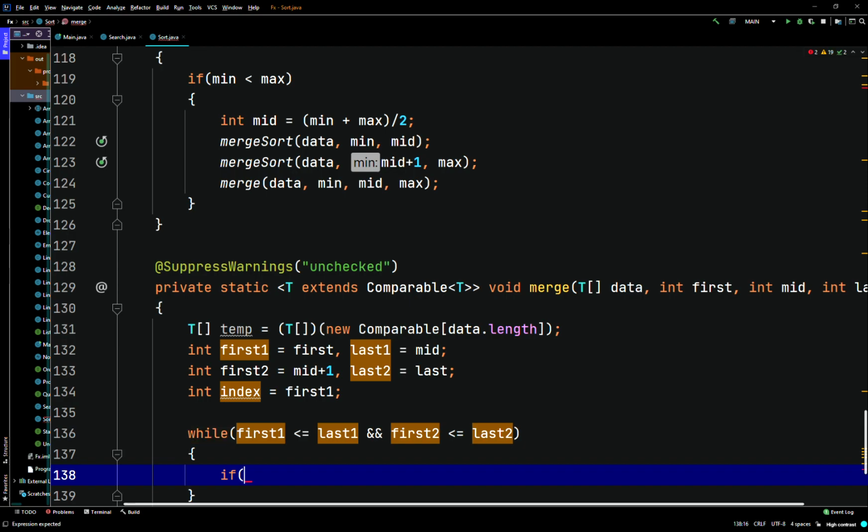If data of array index first1 dot compare to data of array index first2 is less than or equal to, so just less than 0,